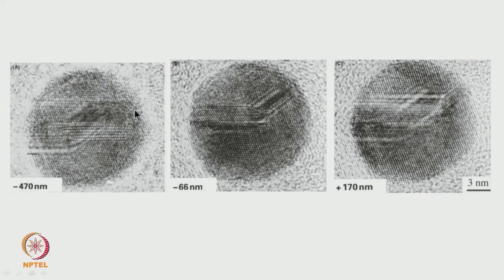What we are showing here is an example of an image which has been taken with a 470 nanometer defocus. This is an optimum Scherzer defocus, and this is where the defocus has been changed to a positive side. One can immediately make out that the clarity with which the dotted contrast is coming is much better for the Scherzer defocus. Here we can see that there is a fuzziness coming in both these regions.